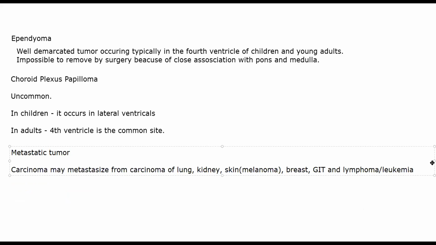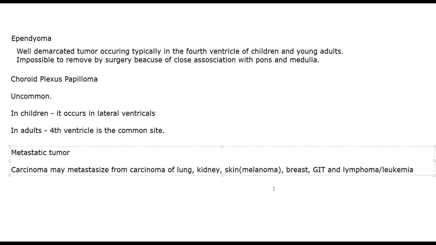Let's suppose it is a lung cancer, lung carcinoma, whose tumor is flowing through the blood and it is coming all the way to your brain and proliferating there. Effects will be similar, but you will understand that it has metastasized because if you perform biopsy, you'll be able to see that the tumor cells have resemblance of the cells of their origin. मतलब अगर lung carcinoma है तो you will see alveolar cells in that tissue or the tumor that is present.